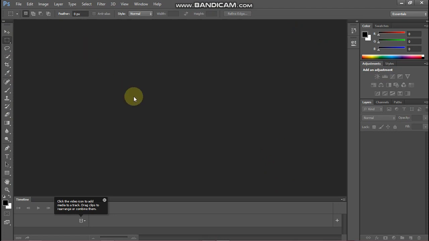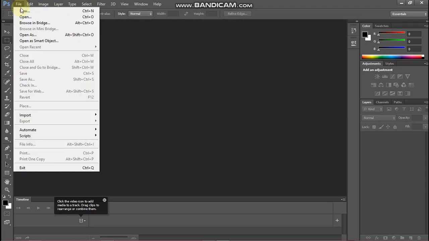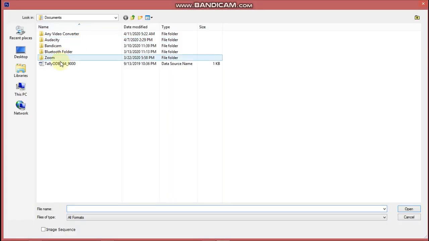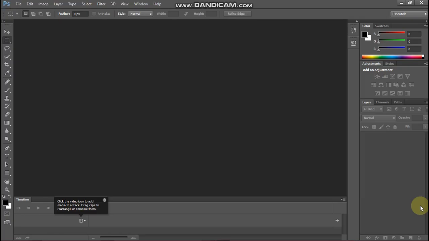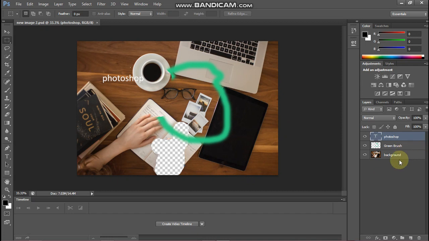Okay, so now I will click file, click open, select the desktop and select this file. This is the Photoshop file. I click open and my project will be reloaded over here with all the layers and whatever I have done till now. Okay, so in this way you can open a project.